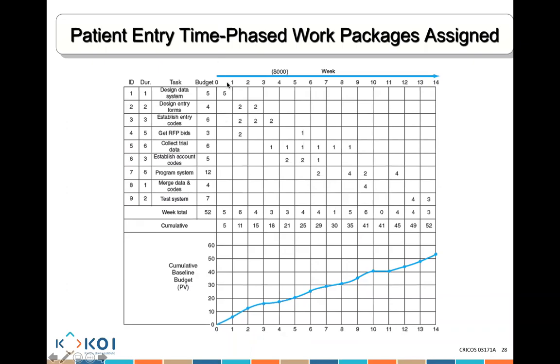And then you start adding the money, 5. Okay, then I need 6 here. So that's 6 plus 5 equals 11. Then I need 4 here, 4 plus 11 equals 15. Then 3 here, 3 plus 15 gives me 18. Then here, 4. Okay, 4 plus 41 equals 45. So you keep on adding. You see how your budget, your planned spending will start increasing as you start progressing in terms of doing your